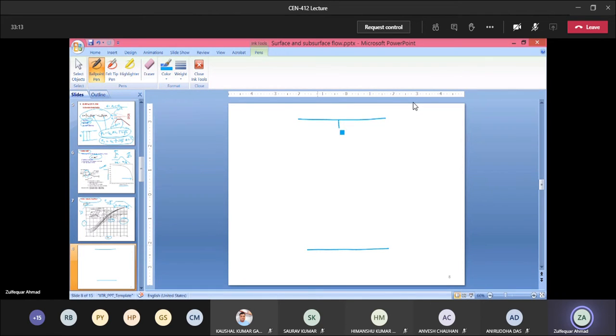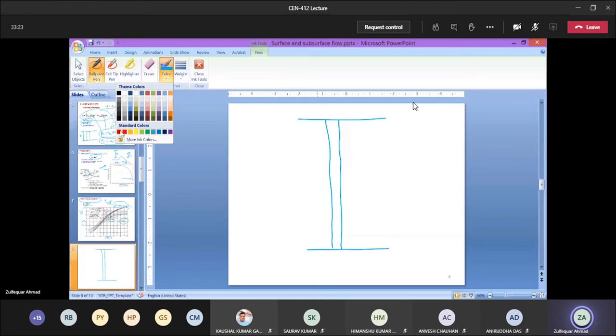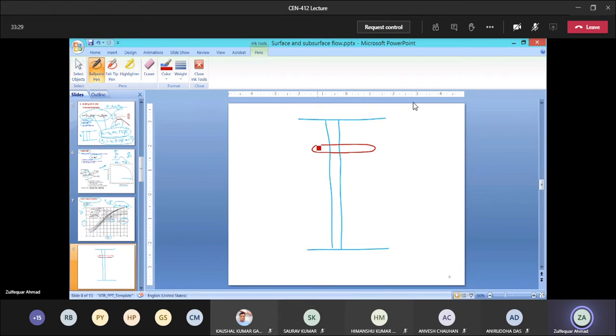So you have the crest line, okay. This is the crest line, right? And in this, piers are being provided. So you have the piers like this, and like this, right? This one is the abutment, and these are the piers.